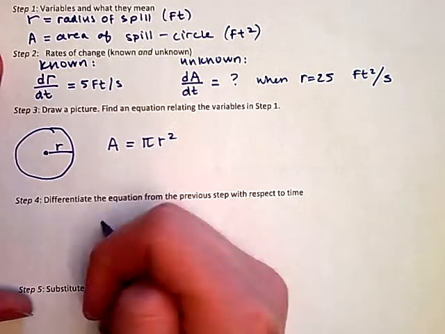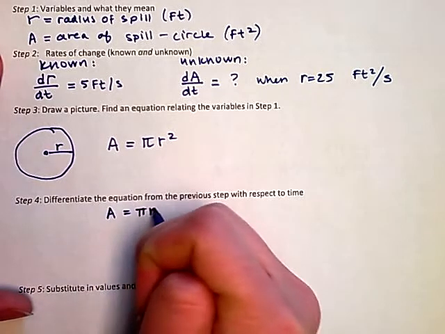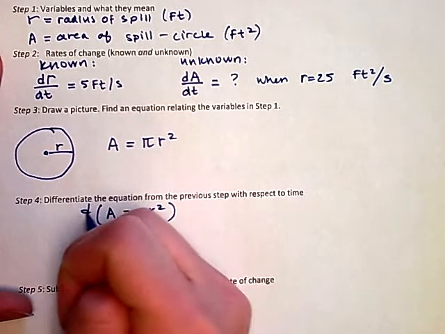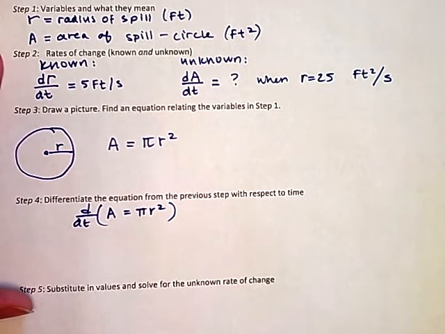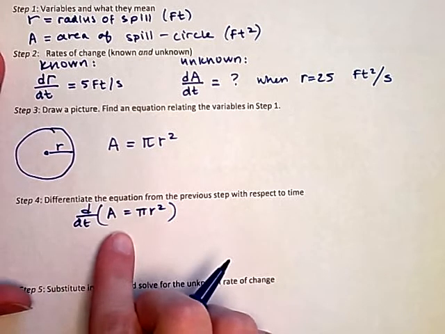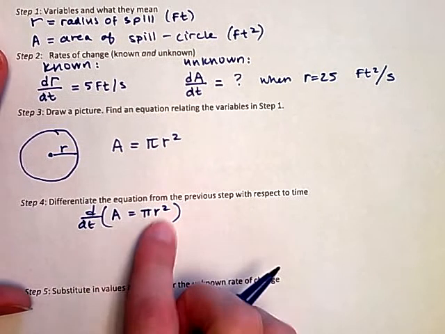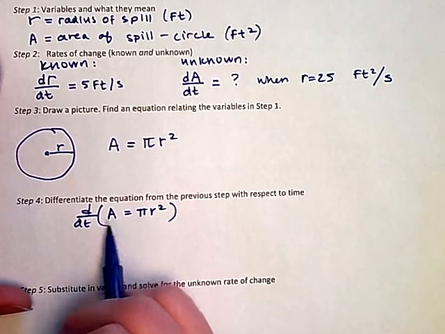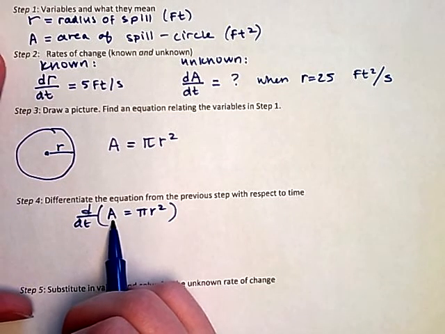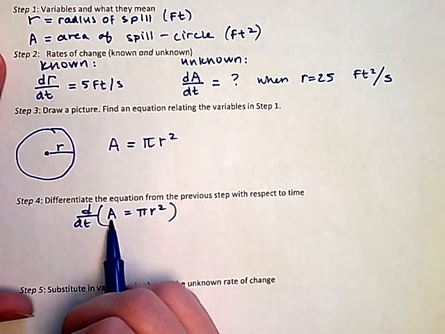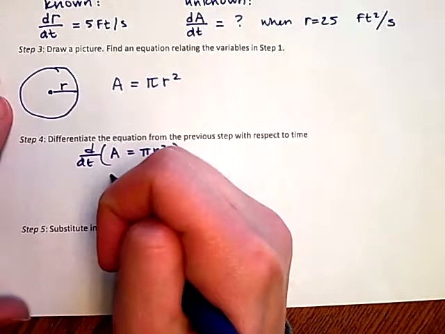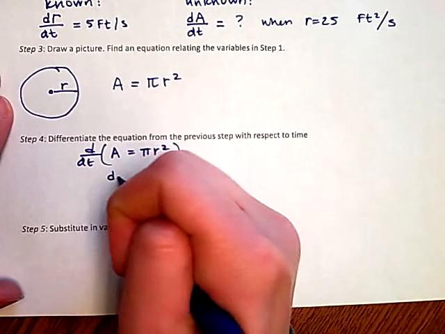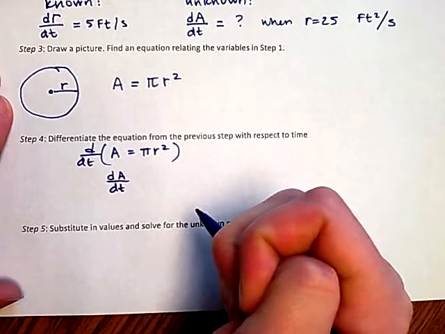So I'm taking the equation A equals pi r squared, and I'm taking the derivative of the whole thing with respect to t. There are no t's in this equation. So what that means is both A and r are some other functions of t that I don't know, which means I have to do the chain rule. So the derivative of A, well, if A was just a regular t, its derivative would be 1. So that means that the derivative of A is just 1 times the derivative of A, dA/dt, is equal to